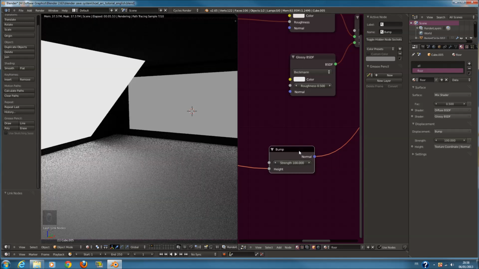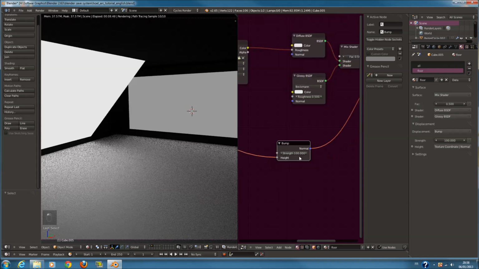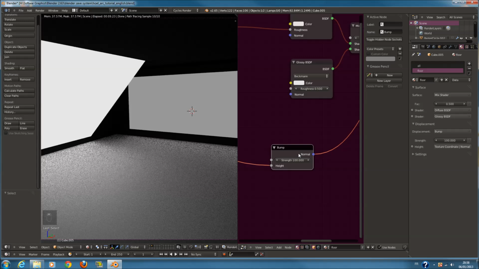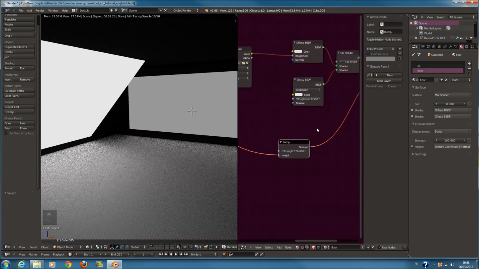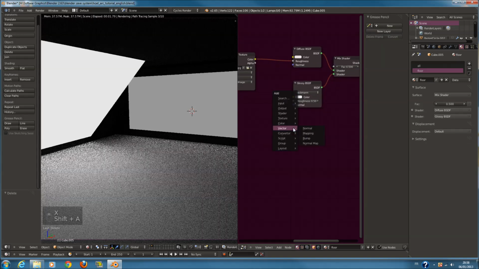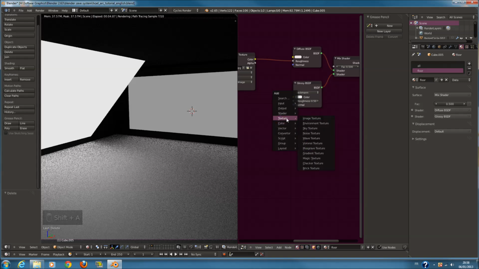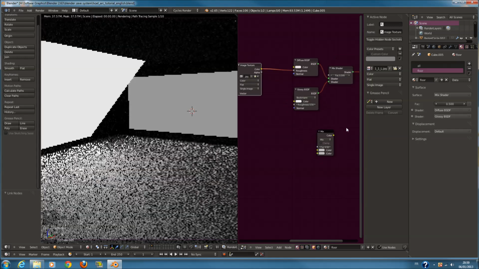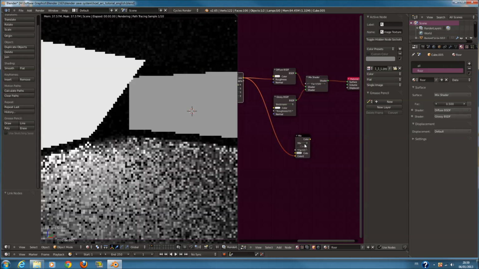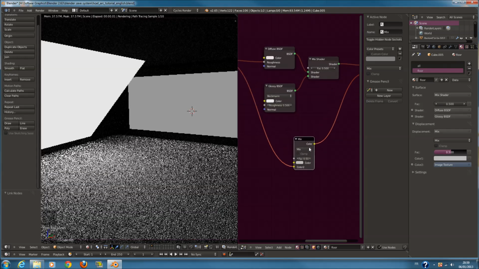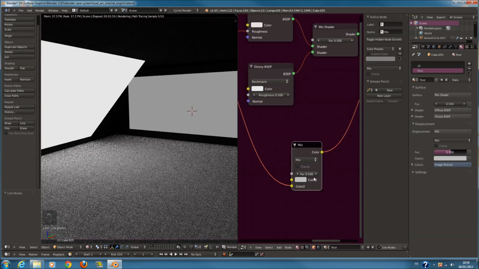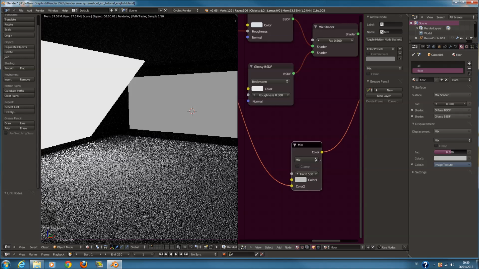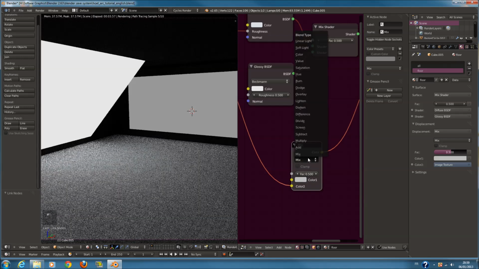Anyway, I will use this bump later in another tutorial because I don't know where we use this. In this next tutorial I will use this because I don't know again where we put this. So add a simple mix shader, move this here, and select in the displacement and change this effect to maybe change the color for a kind of blue like that. Okay, and change this effect to multiply,